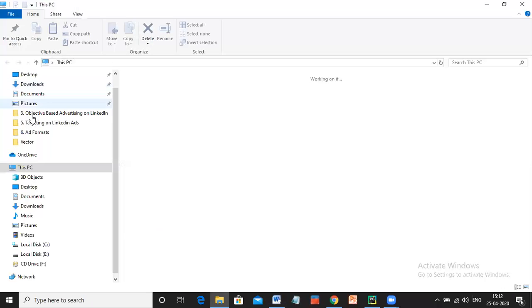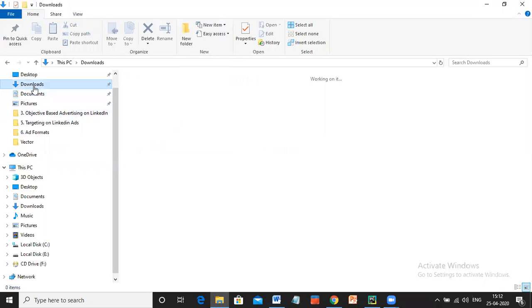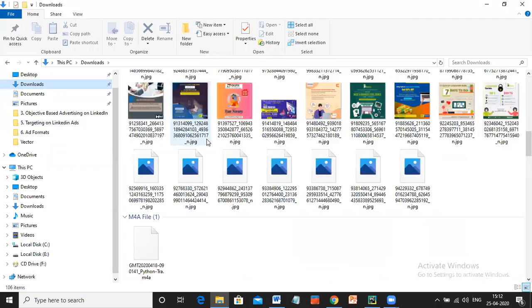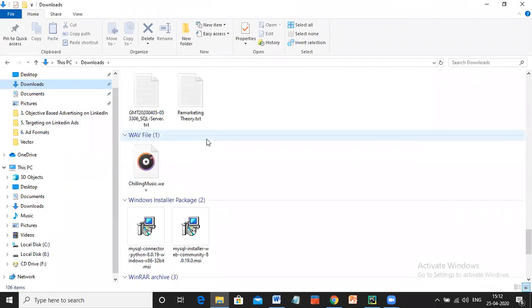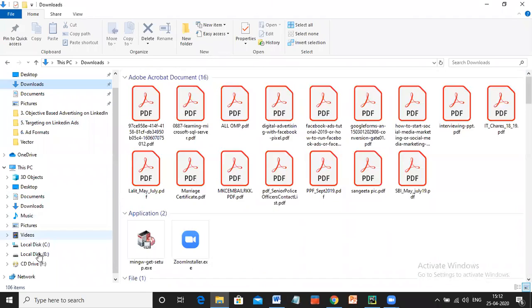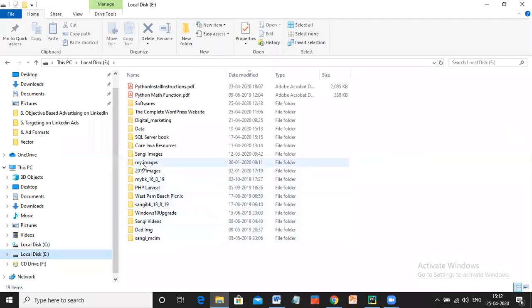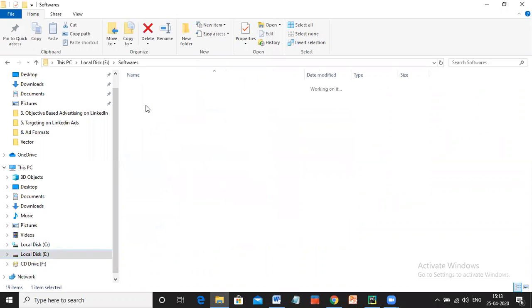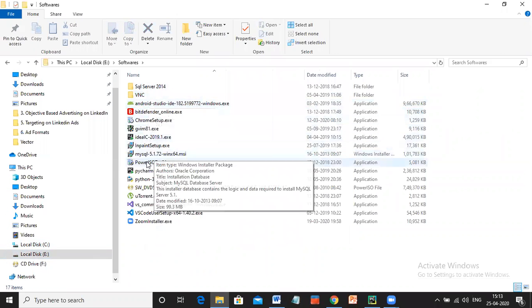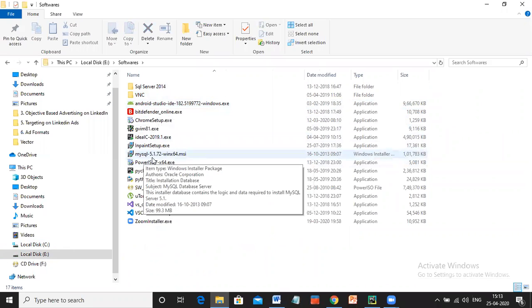I'll show you. Not in downloads, maybe in softwares. I've just downloaded this, you can see MySQL 5.172 Windows 64. Always remember, you need to select 64-bit or 32-bit according to your operating system.